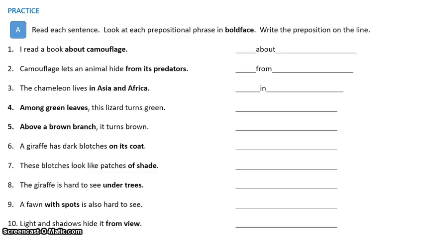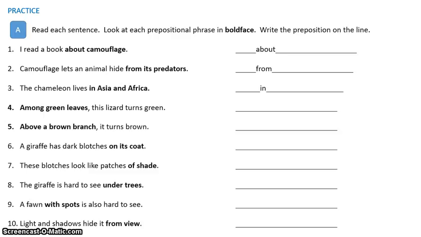I want to talk about Asia and Africa for a minute. The reason why the prepositional phrase does not stop at Asia is because they are taking Asia and Africa as one group, and so it's going to stop at Africa. If you see an "and" or an "or" in there, then it's going to include both of them and not just stop at the first one.